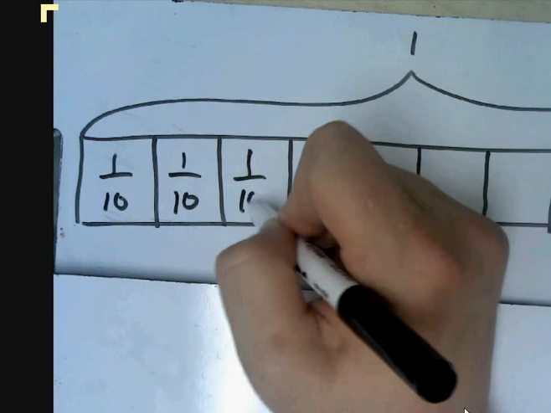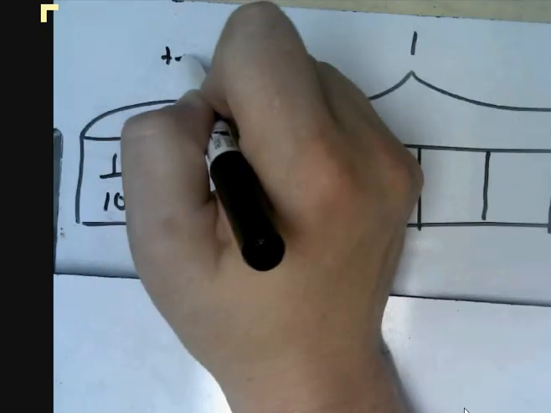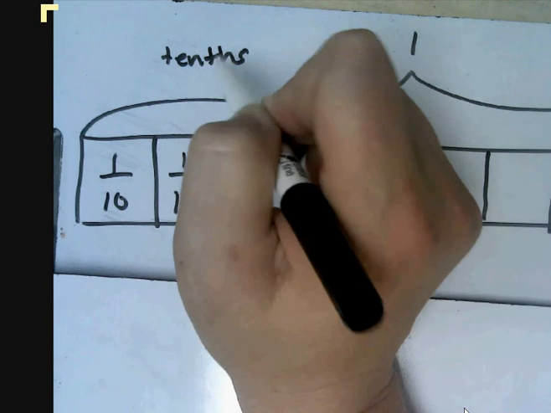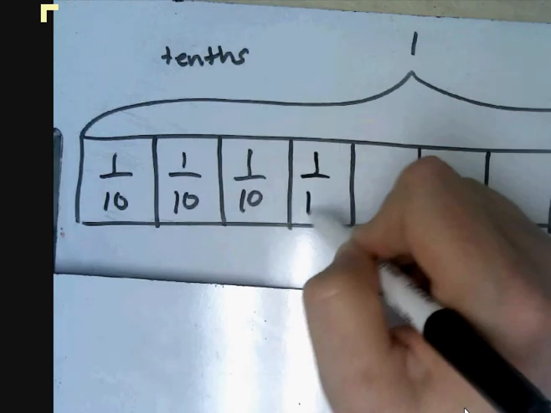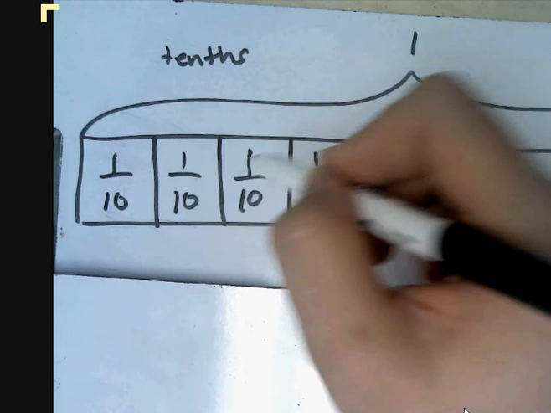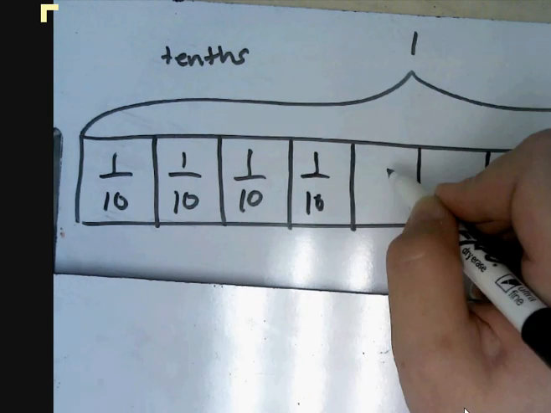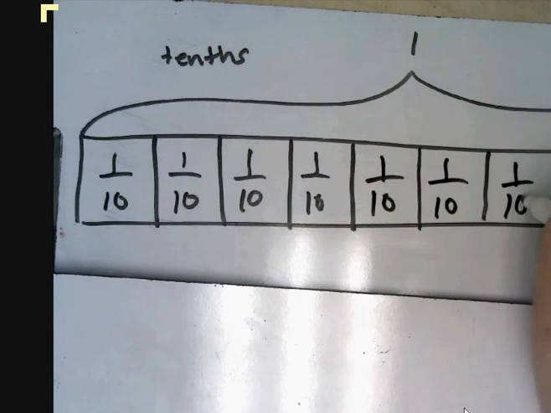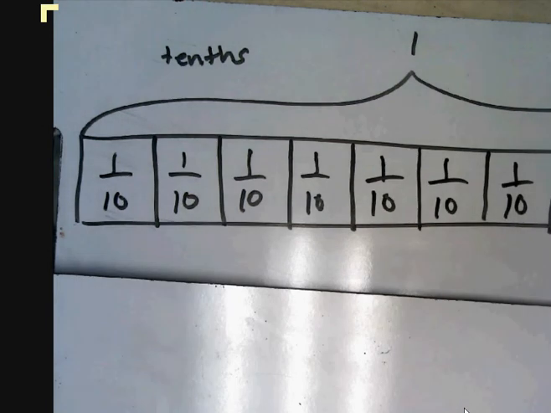Now when I say tenths, don't get confused. This is just something that we're counting, just like you count tacos. You can count tacos. I could say this is 1 taco, 2 tacos, 3 tacos, 4 tacos. But instead of saying tacos, we're going to call them tenths. So when I'm counting these parts,